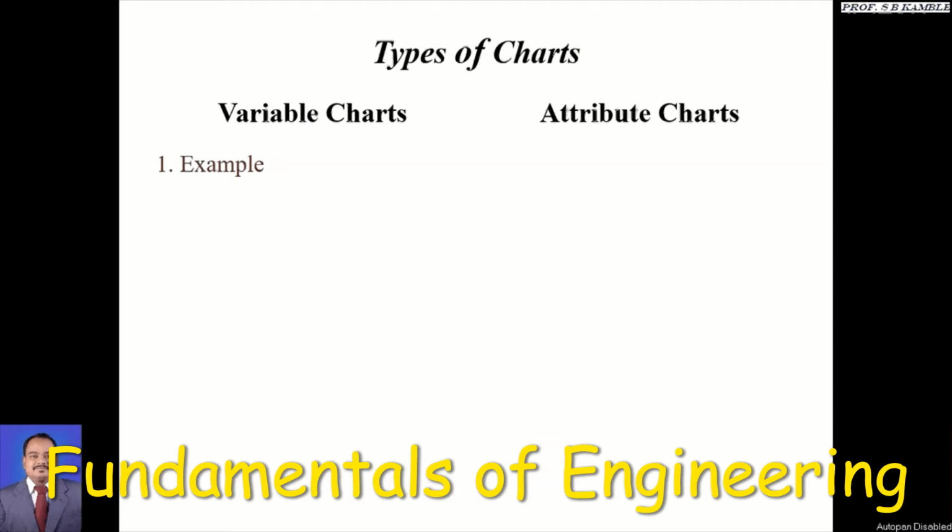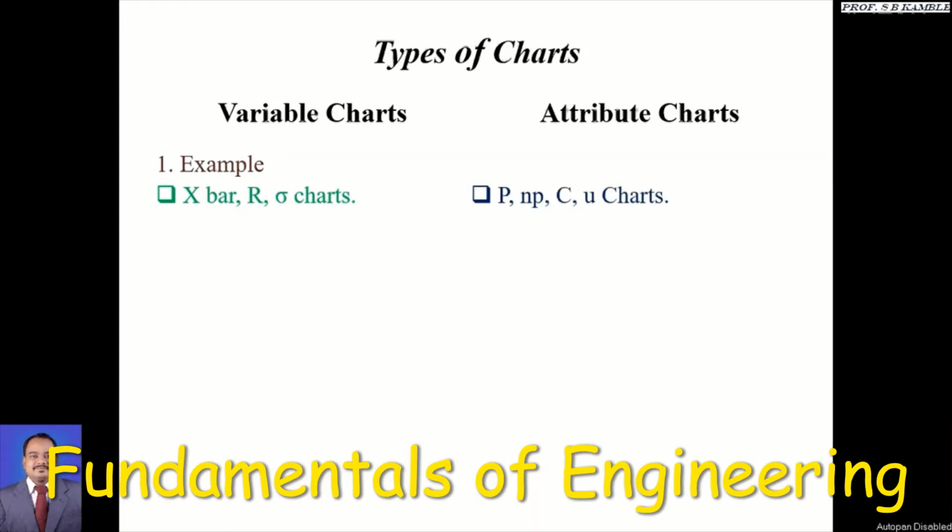Examples of variable charts are X bar, R and sigma charts. X bar and R charts are used in combination for process control. The X bar chart shows the centering of the process, that is, the variation of the average of the samples, and the R chart shows the uniformity or consistency of the process, that is, the variation in the range of samples. The sigma chart shows the variation of the process. So control charts build up the reputation of the organization through customer satisfaction. These control charts ensure the product quality level.